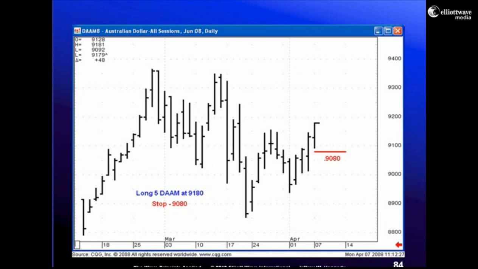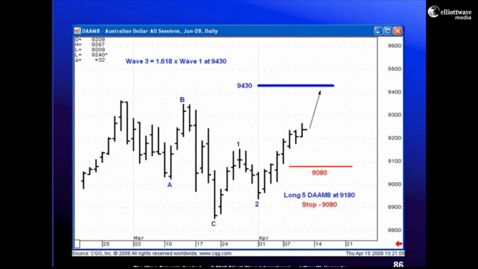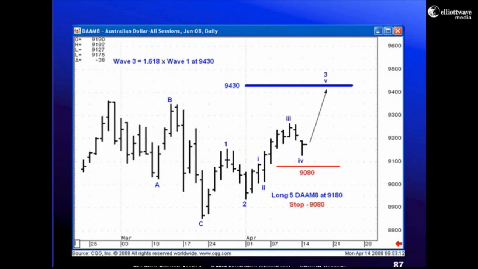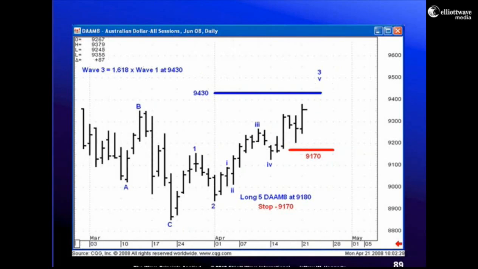Simply put, regardless of how you want to count it, because all 3 interpretations work, WXY, ABC, expanding triangle. Bottom line, this is not an impulsive move. I certainly have an impulsive move up and a pullback. I like the buy side here. And as you can see, this is what I'm looking for. This is what I'm expecting. And as the days unfold, this is exactly what happened. Very simple and very, very nice.